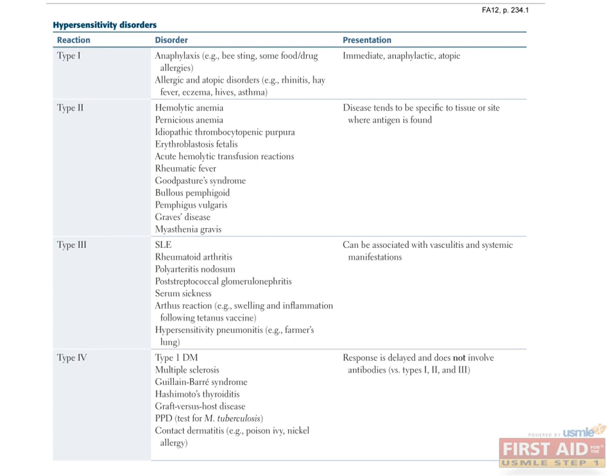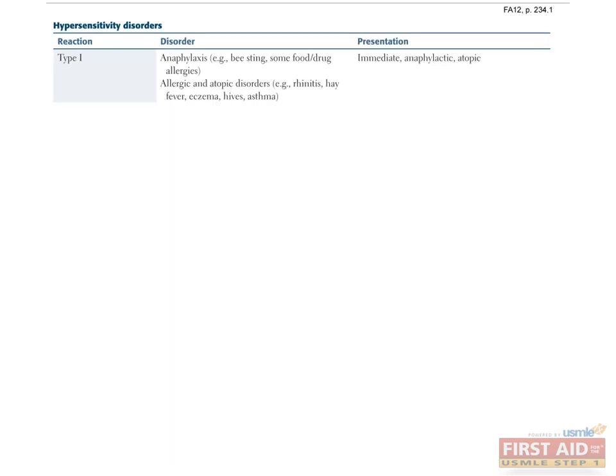So here we'll briefly go through some of the major examples of the different types of hypersensitivity reactions. Let's start with type 1. The most important example of a type 1 reaction you should know is anaphylactic shock, which you often see caused by bee stings or food and drug allergies. This is the culprit when you hear about a kid with peanut allergies eating something with peanut oil in a restaurant and suddenly not being able to breathe. On a slightly less life-threatening note, common seasonal allergy symptoms like rhinitis, hay fever, hives, and asthma also fall into